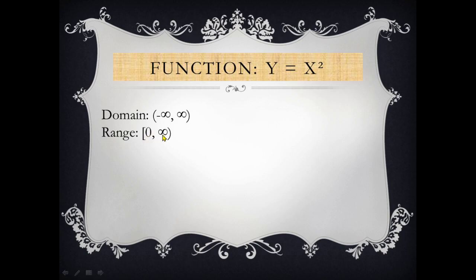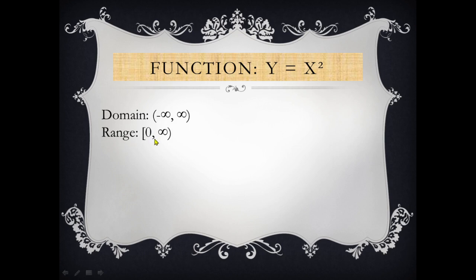Plus infinity, positive values. And the domain is any value. It may be a negative value or positive value. For that negative or positive value, the function gives a real value. So the domain is minus infinity to infinity. You have to write this type of brackets, the parentheses, that is the open brackets, minus infinity to